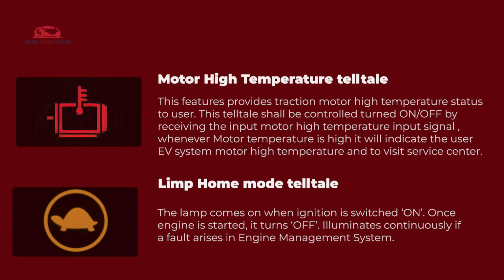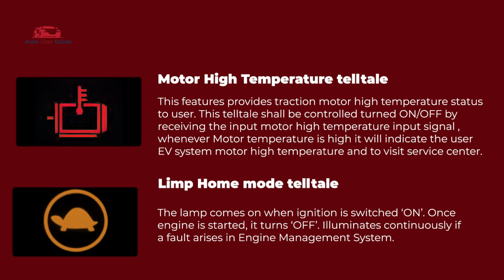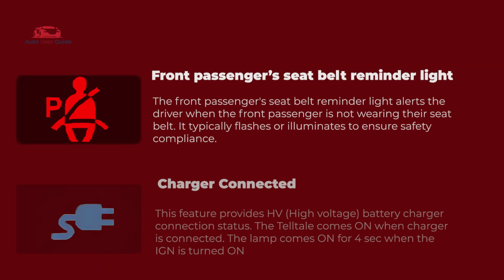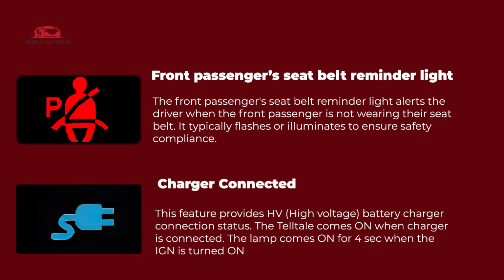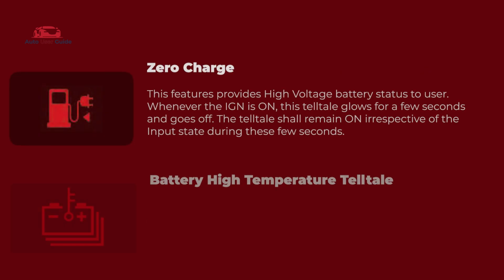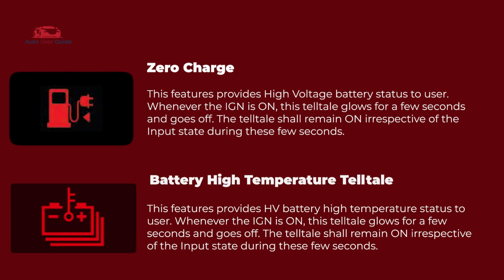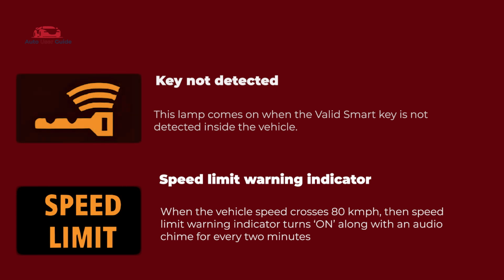motor high temperature telltale, limp home mode telltale, driver seat belt indicator, park brake indicator, front passenger seat belt, charger connected, zero charge, battery high temperature telltale, key not detected, speed limit warning indicator,